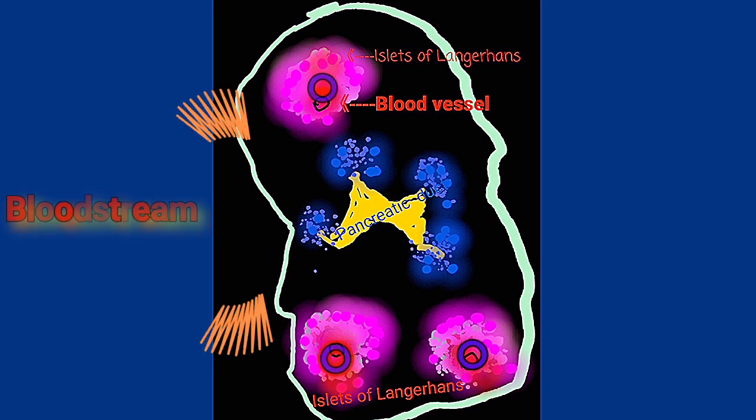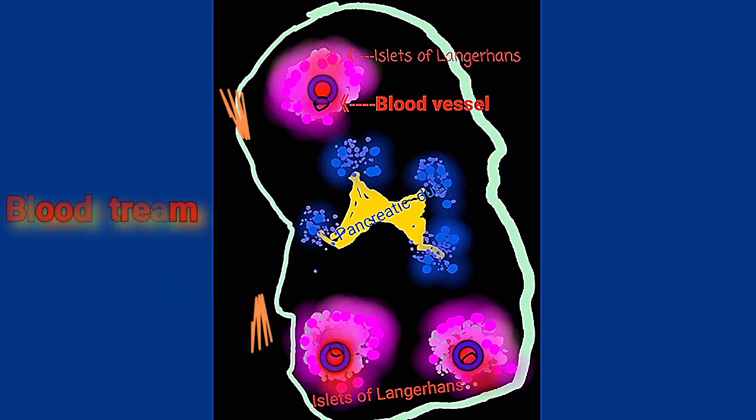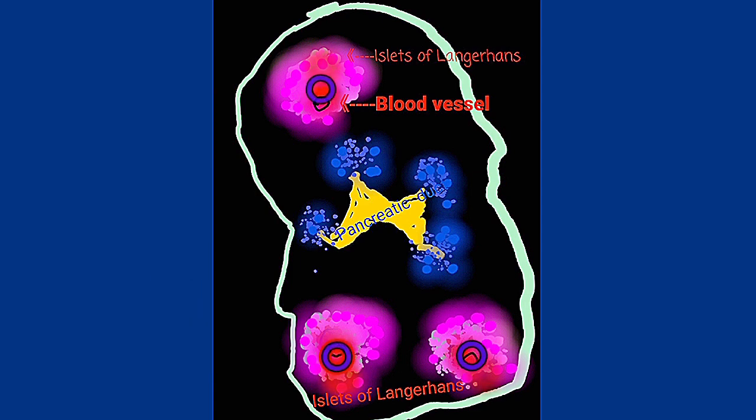The hormones made in the pancreas can be released directly into the bloodstream, and as such, they can reach any tissue where there is circulation. And it depends on whether the target tissue has the right receptors, the specific receptors for the hormones released. So if there's insulin released, insulin travels in the bloodstream, is going to find its receptor on the target tissue and initiate its cellular effects by binding to the receptor. So the endocrine